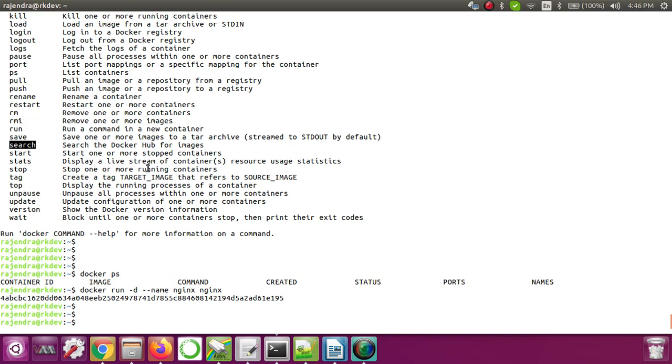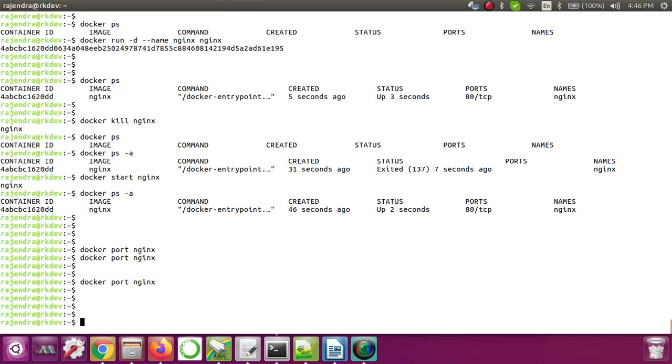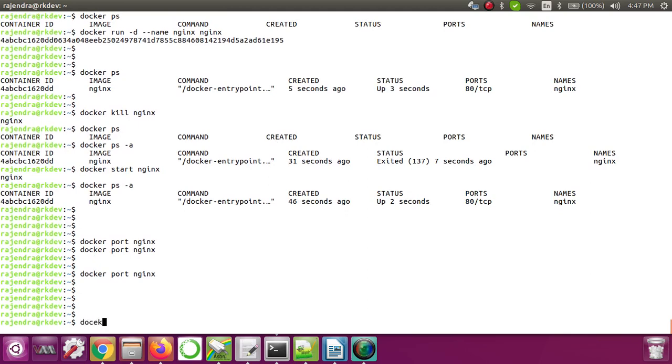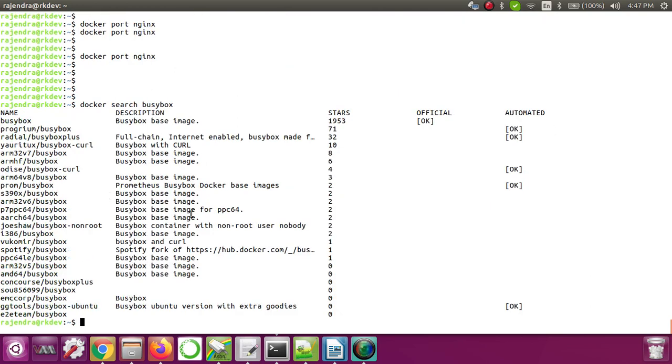So now let's see the search command. It searches Docker Hub for images. It will go to Docker Hub and search whether there is any image with this name. So let's use docker search, and let's say I want to search for the image busybox. Now if I run this, you can see that it has listed all the images named busybox.